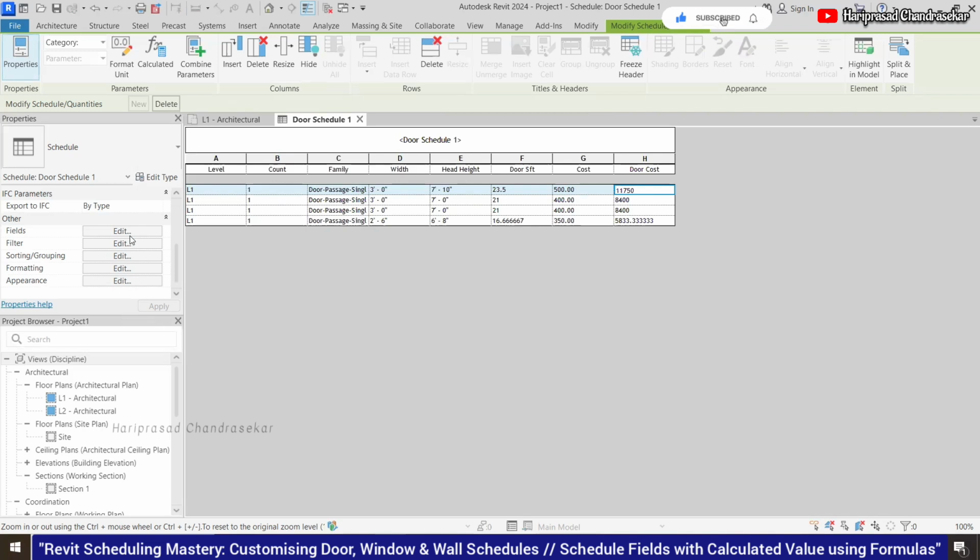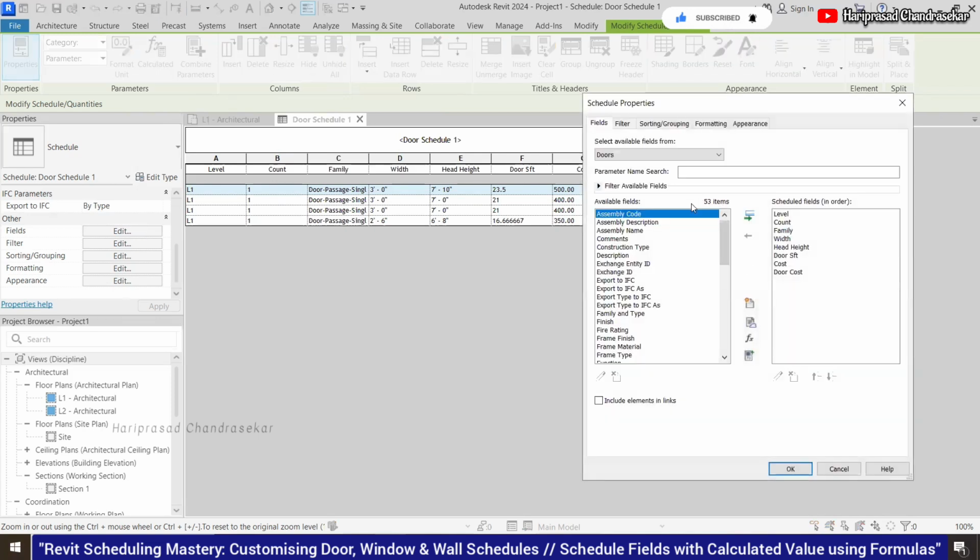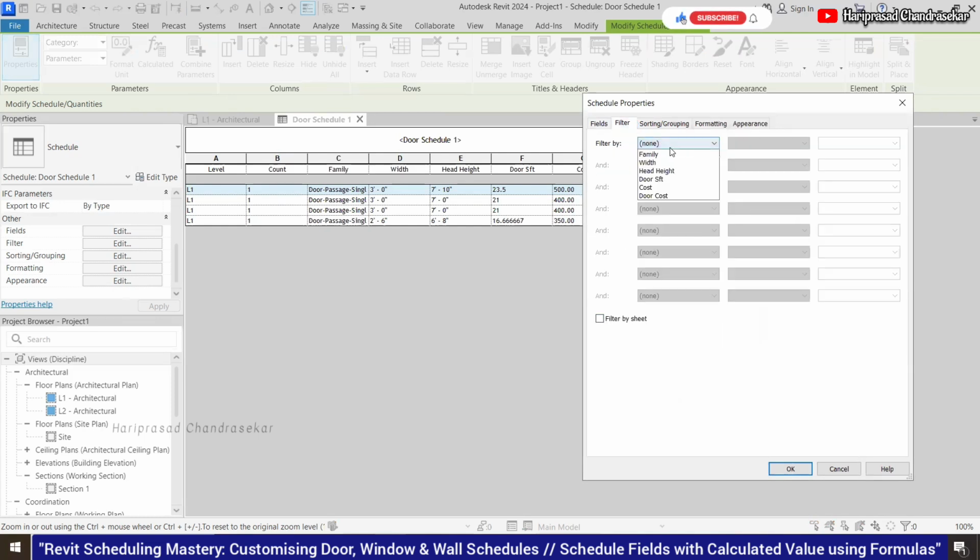Now you can also go to edit and again here include filter. In filter, we can filter by level or we can filter by family. We have a different family, right?